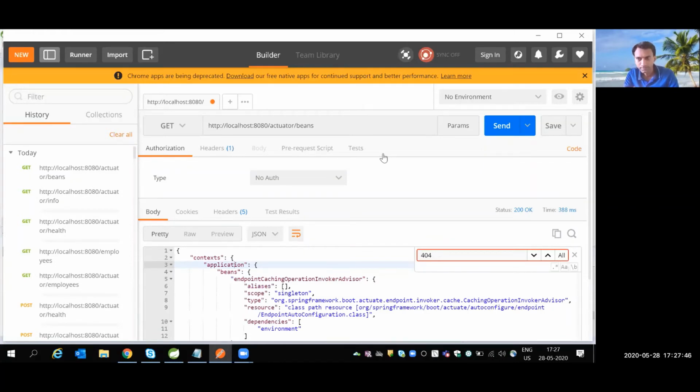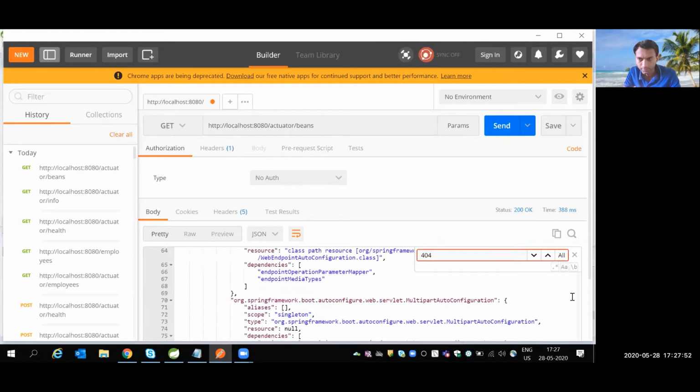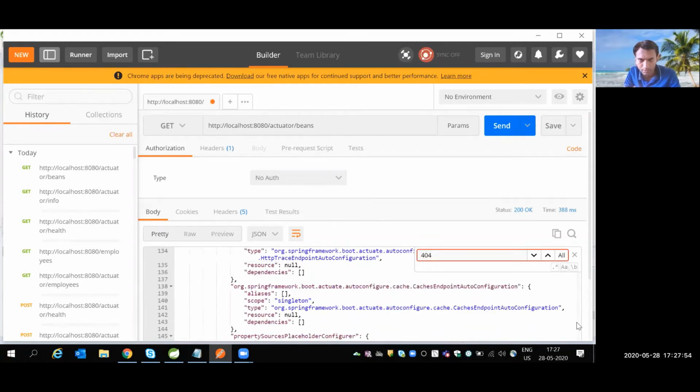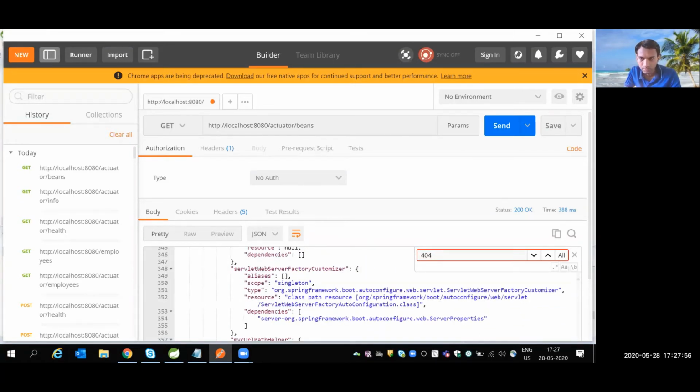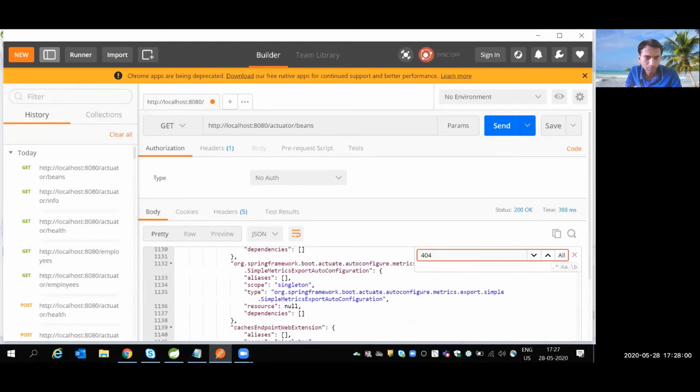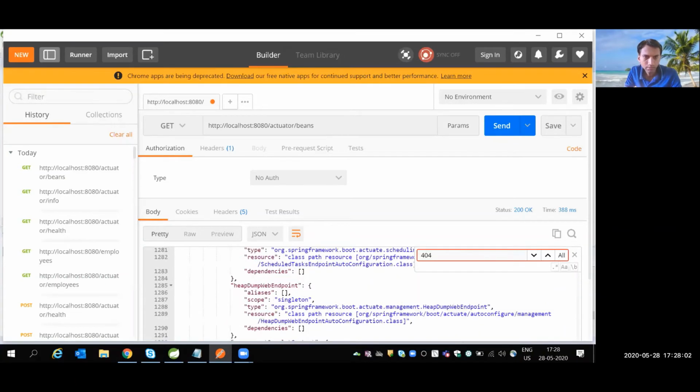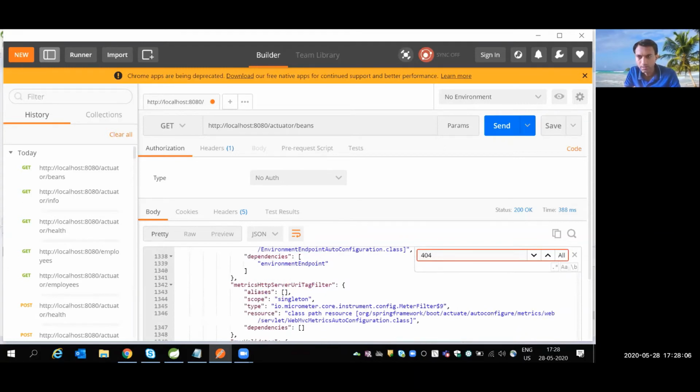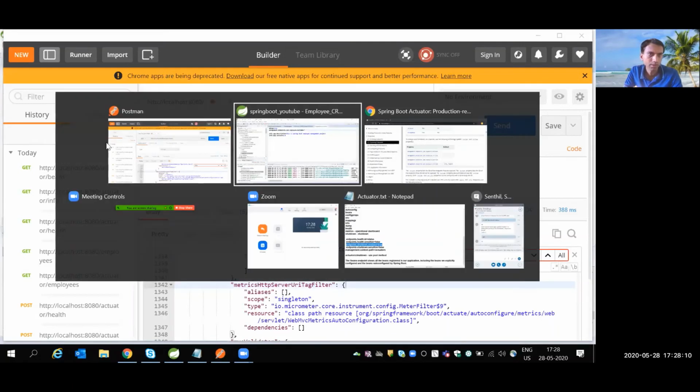Actuator/beans. Beans means how many objects you have in your project. If you see the last row, it's more than 1300 lines. So how many beans are there in my project?